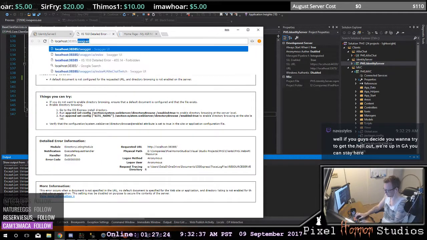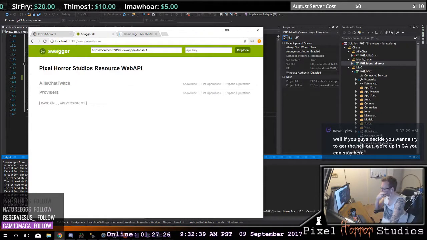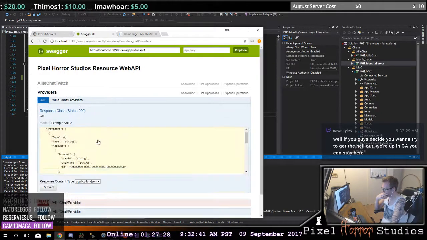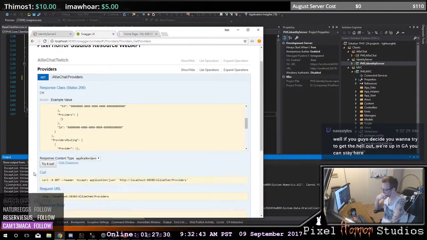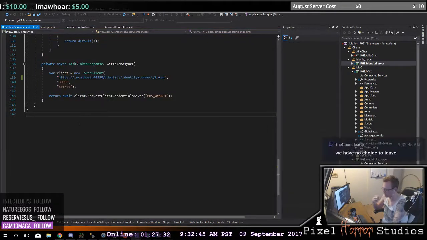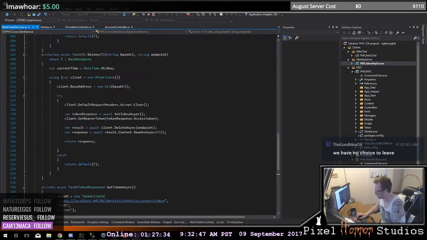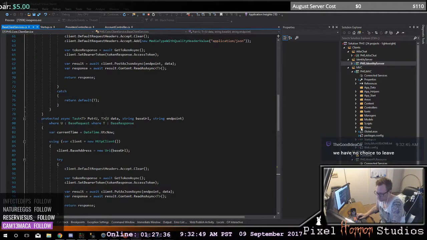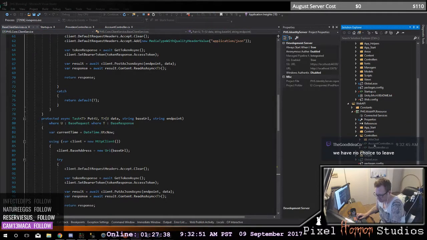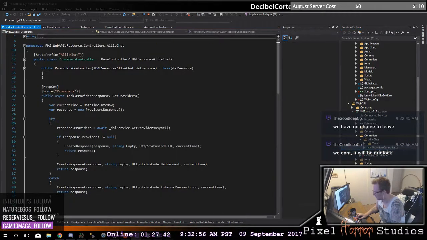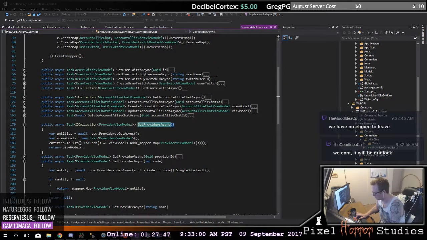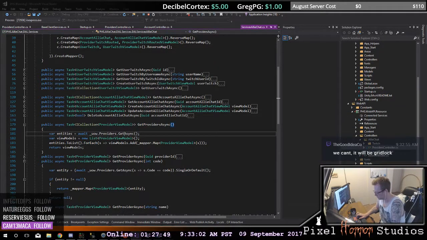So it looks like that's working. Let me try it. If I grab my providers, it gives me an okay. So that means that it is successfully getting a token. So if I look down here at my web API under my Ali chat provider, and I'm looking at get, and I'm doing my get,